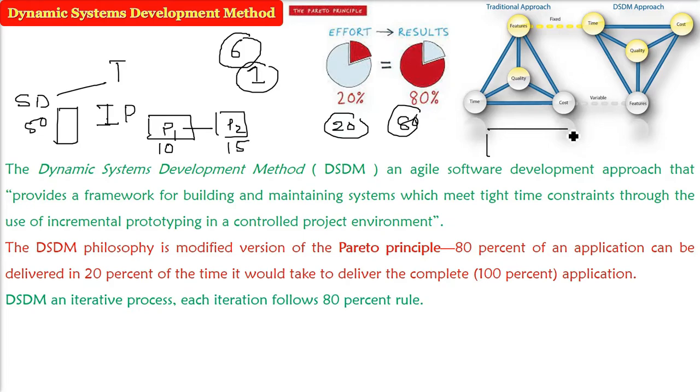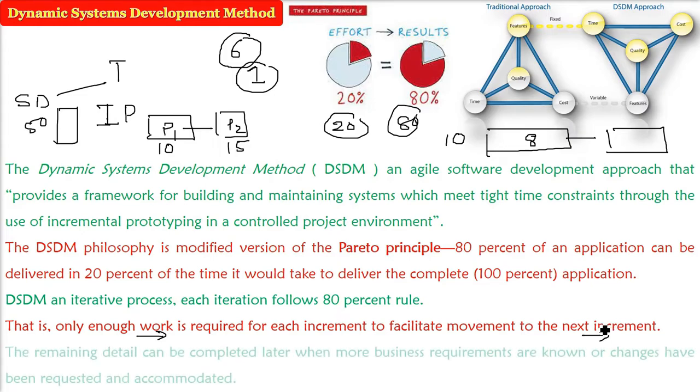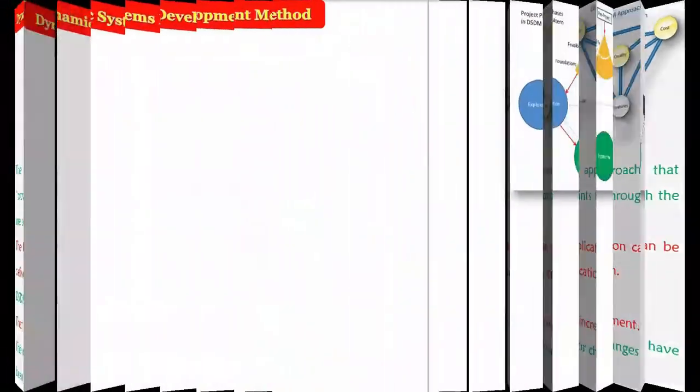For example, this is one prototype, and you decided that 10 requirements have to be given. You just give 8. If you complete 8 requirements, you can just go to the next prototype increment. It is not necessary, like in Scrum or others, that all 10 have to be completed. No, 8 completed, that's enough. That is, do only that much work that can facilitate the next increment. And the rest can be done in the next stage. Once you do 8, you will also get some business requirement changes, and these can be accommodated easily using the Pareto principle.